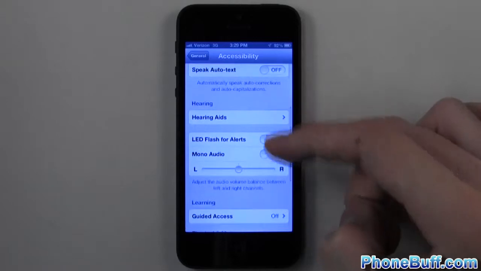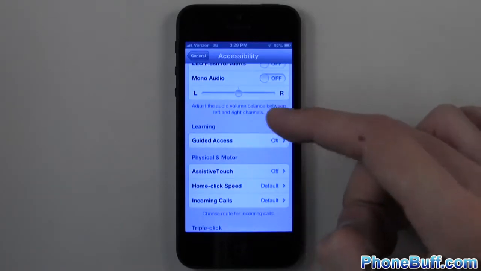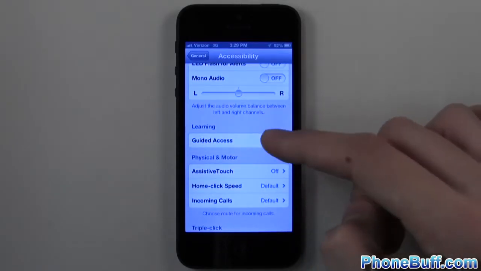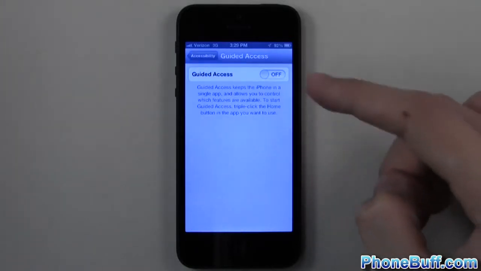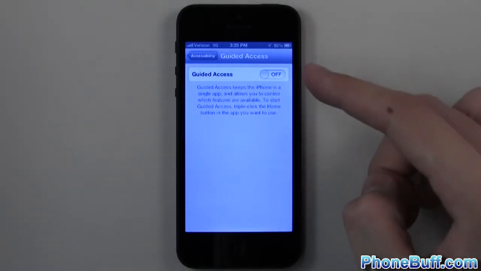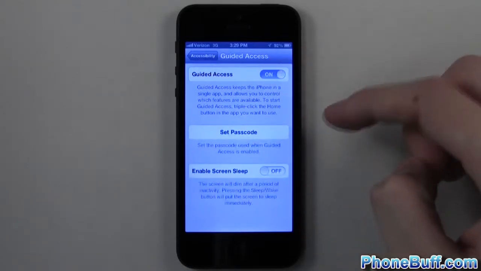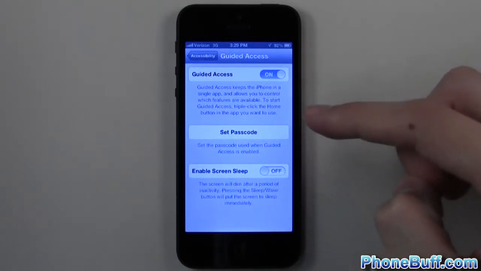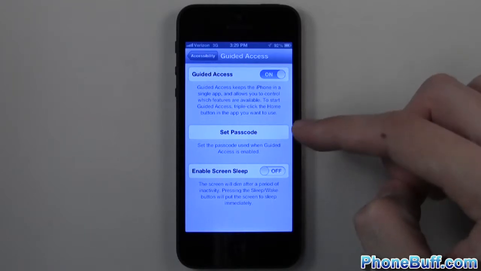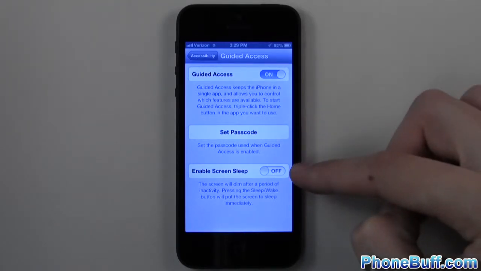And then about halfway down from the accessibility tab, you'll see an option for learning and guided access. Go ahead and tap on guided access, and you can see mine is set to off, which means it's disabled. Obviously, to enable it, all we have to do is switch the off switch to on. We get two options right over here. One is to set a passcode, which I'll do in a second, and the second is to enable screen sleep,